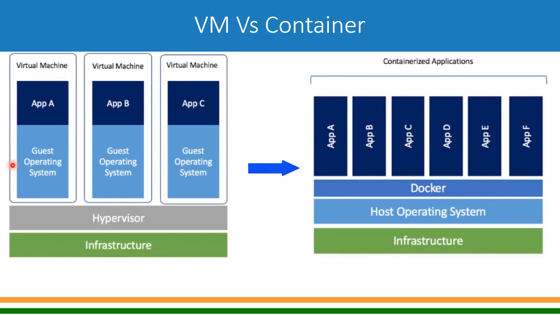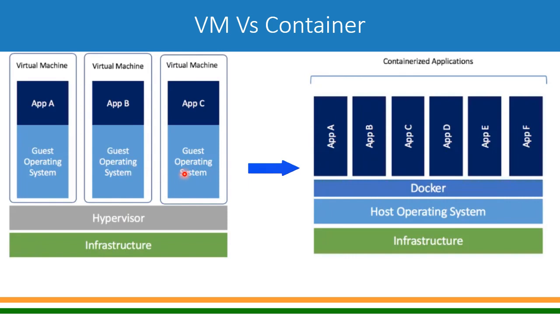In every virtual machine you can install a guest operating system, any operating system, maybe Linux or Windows or anything. And then on top of that, you can deploy a VNF or any other application. So you need a separate operating system for each virtual machine, and then on top of that you can deploy